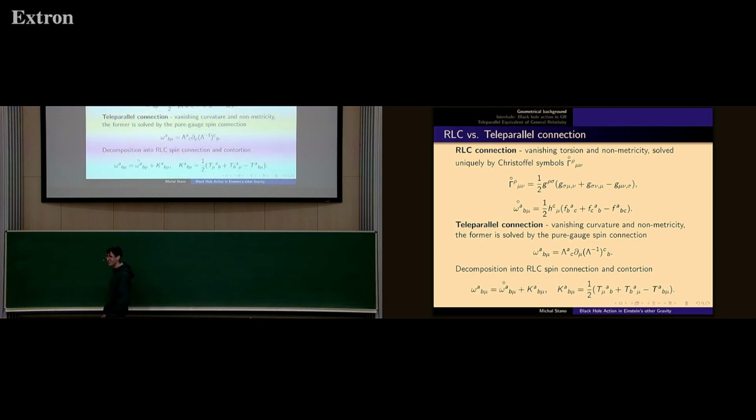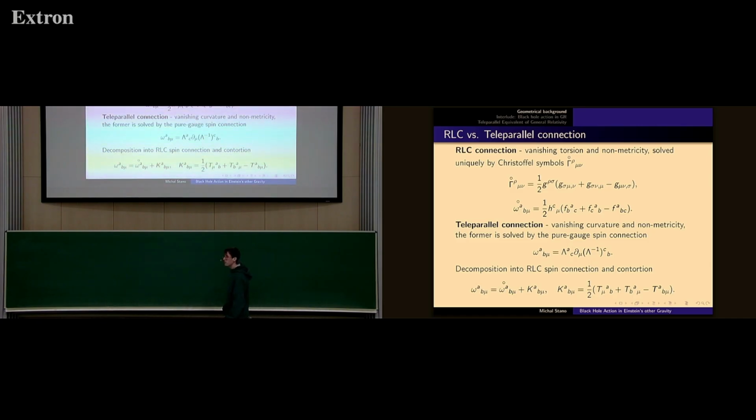Okay, so when I was first presented with this Levi-Civita connection, a very natural question immediately popped up, and that is, why do we actually need to consider vanishing torsion and non-metricity? I mean, at least the non-metricity condition, the metric compatibility, is somehow very natural. You want to preserve the scalar products of vectors along parallel transport. However, the condition of vanishing torsion is, I would say, rather ad hoc, so I was immediately prone to ask whether we can actually relax this condition